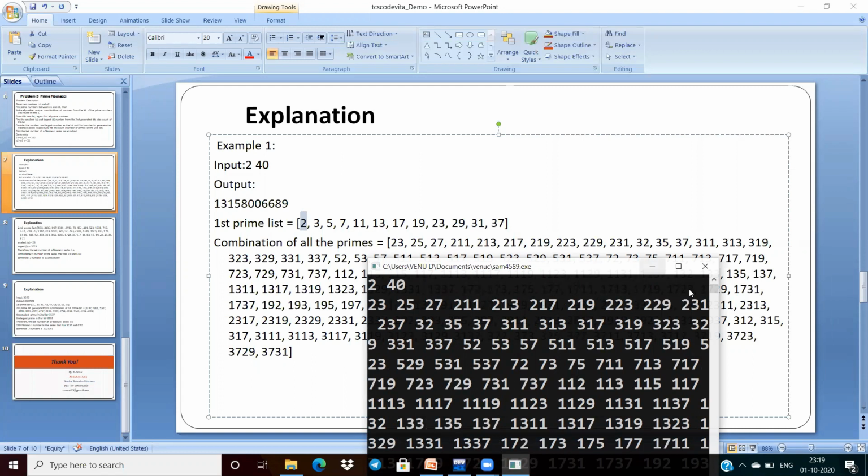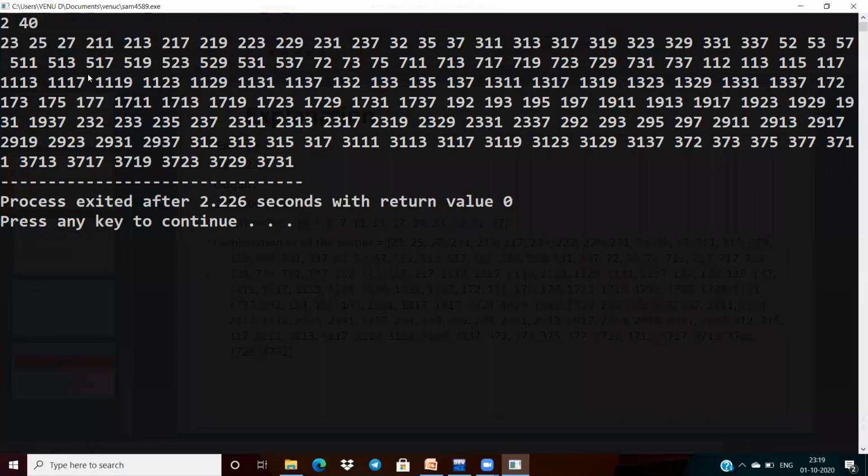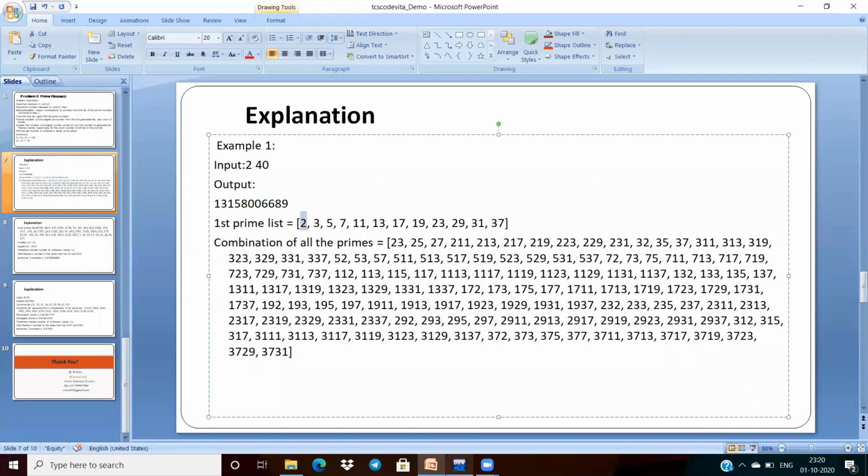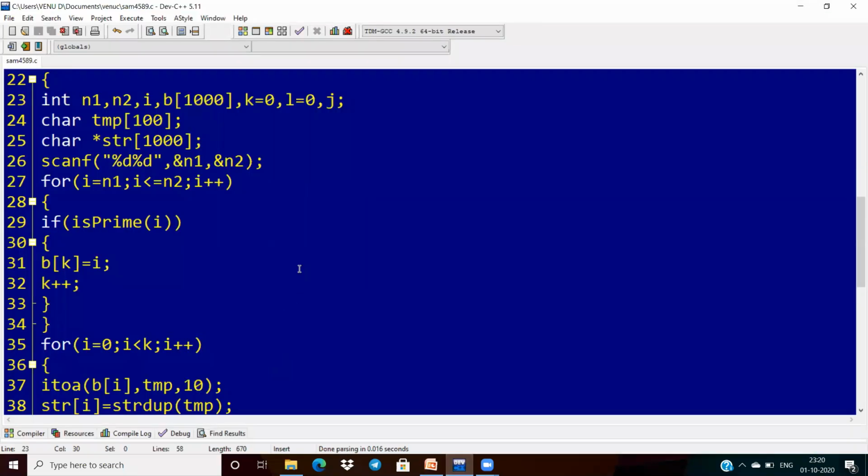But the problem is that all these numbers are not prime. So due to that, we have to verify, we have to filter the list. Filter the list means, whatever new list we are getting here, we have to verify each and every element is prime or not.